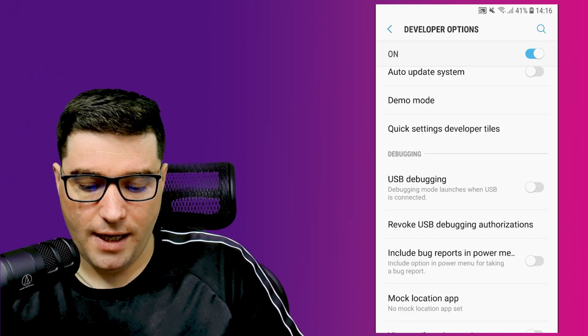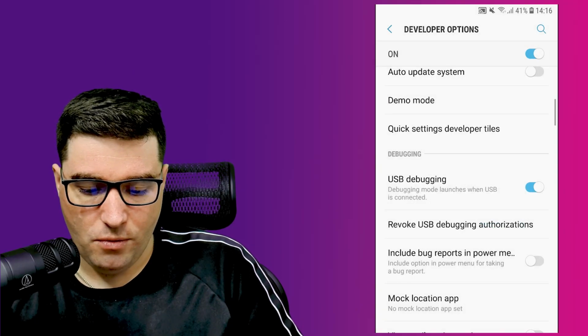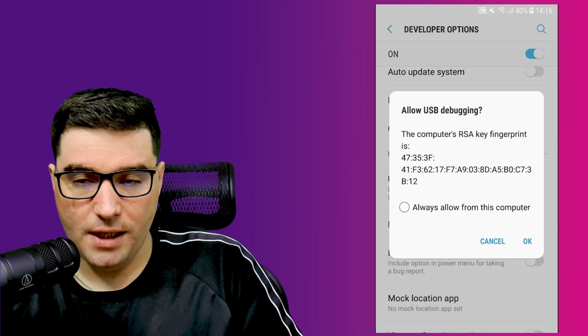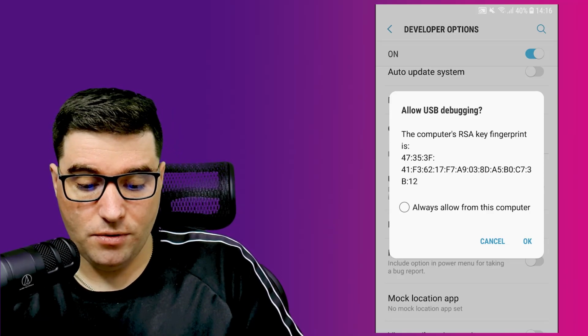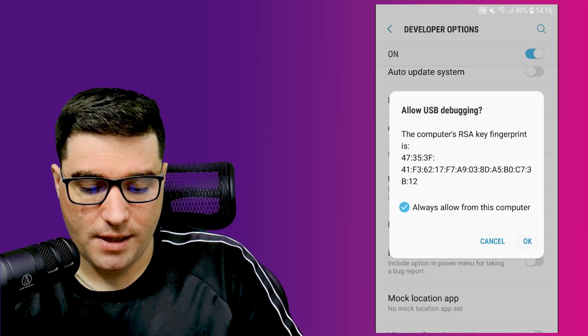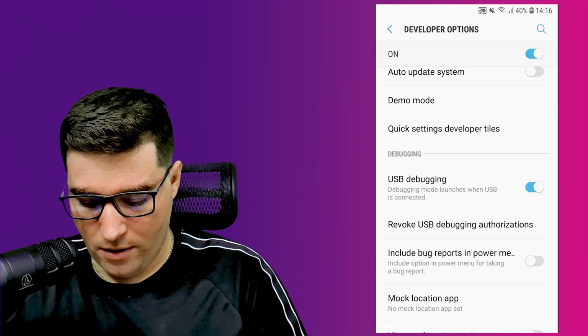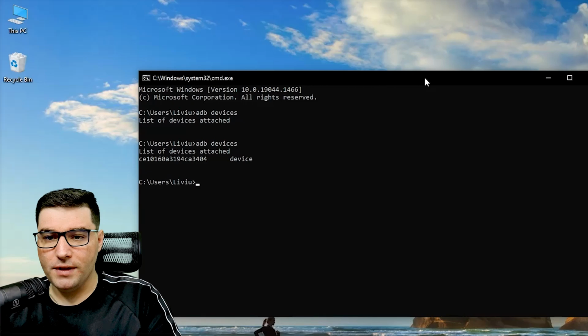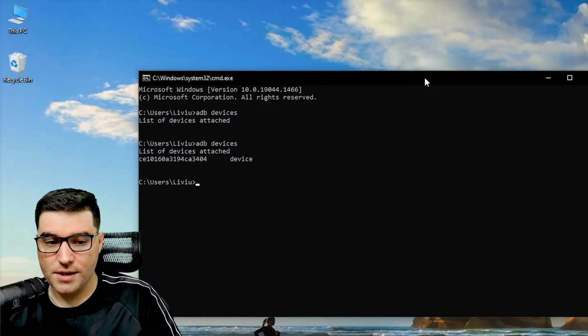Once you activate that, you will normally see a confirmation pop-up that will ask you if you want to add this to your computer. Just type in OK. And now when you go and say ADB devices, you have a device that is attached to your system.